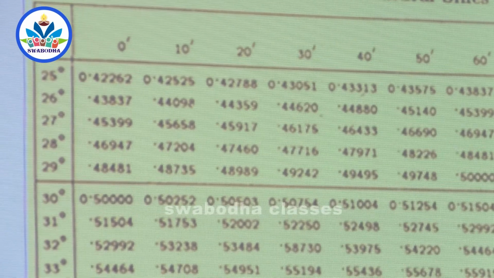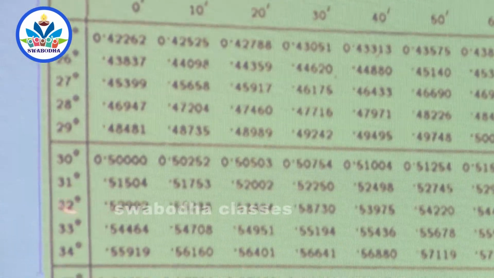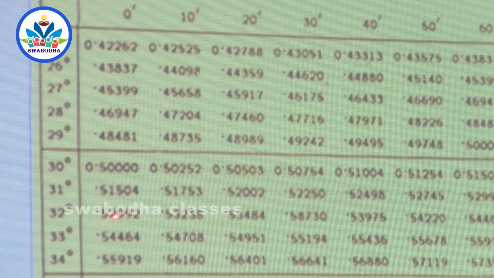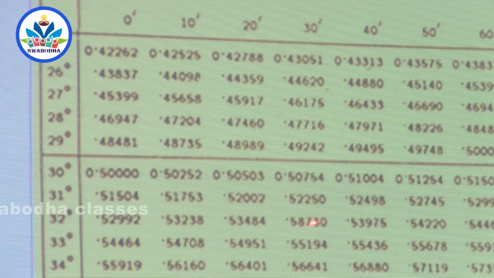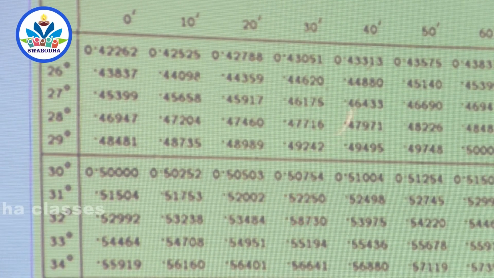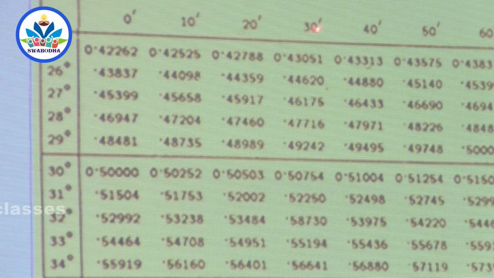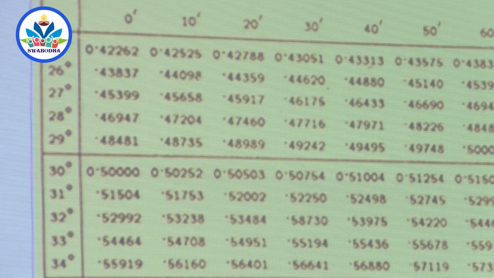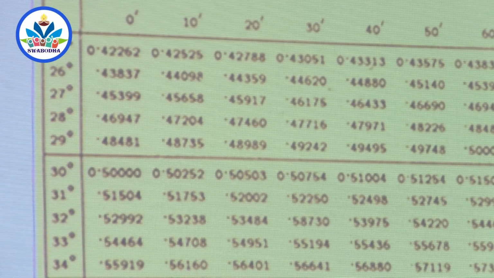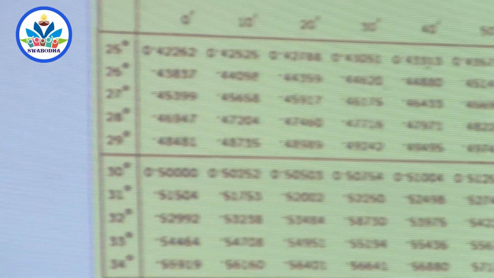So just go to sin 32, first row, that is 0 minutes. Suppose you are asked to calculate sin 32.5 degrees, then it is this one. 30 minutes means half degree. So for 32 degrees 0 minutes it is 0.52992, and we can write the answer here now. You have to get the answer. I don't have a calculator here now. You just check it. What is the speed of light in that medium?